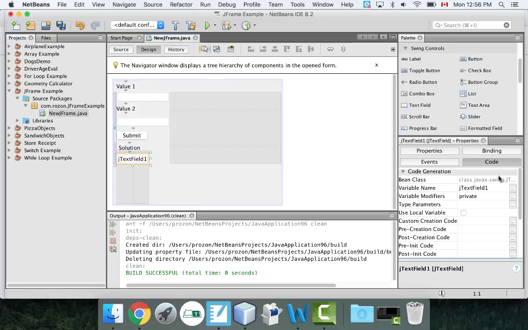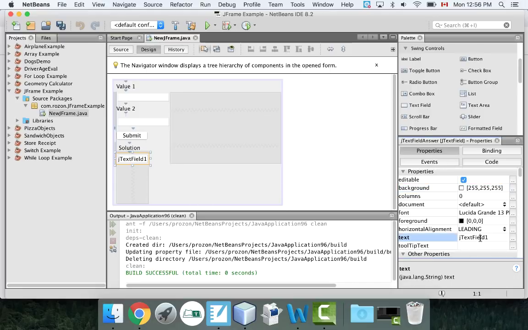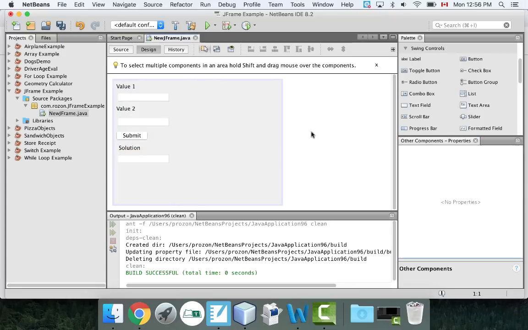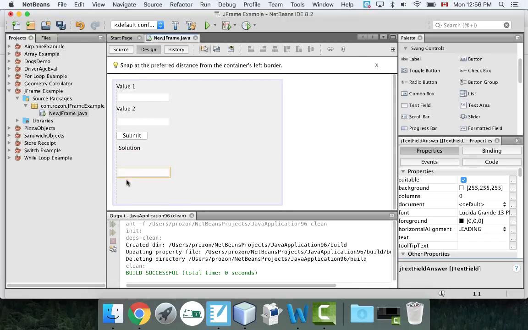Okay, and I'm going to call this thing JTextField answer. And again, I'm going to blank this out. So under the text field, just blank it out. And we'll just stretch it to line up. Okay. That does not look good. I'm just going to